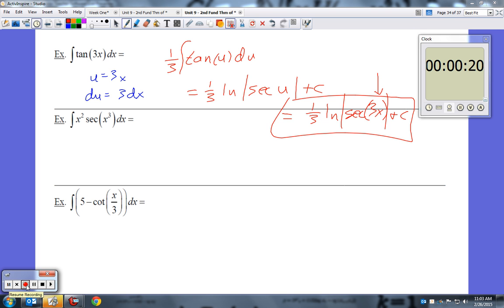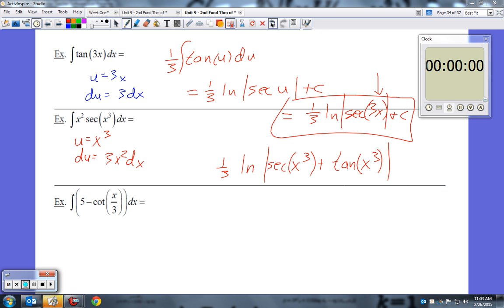Everyone did get this answer, so I'm not going to work it out, but for the recording purposes, I will just establish that this was your u, and that the final answer became 1/3 the natural log of secant of x cubed plus tangent of x cubed. Absolute values because of those x's plus c. Now,